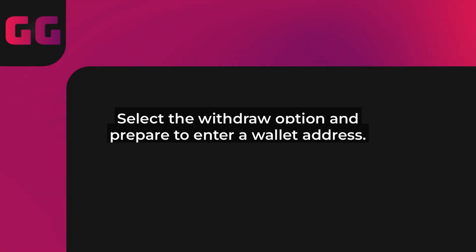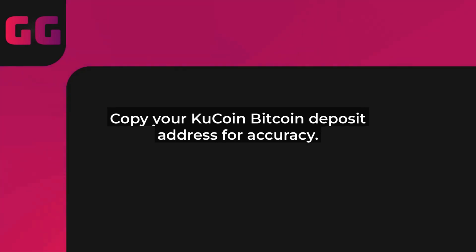Now, switch to your KuCoin app or website. Go to your wallet section, select Bitcoin, and copy the deposit address. It's crucial to double-check this address to avoid any costly mistakes. Crypto transactions are irreversible. Paste that address back into Robinhood's withdrawal form, then enter the amount of Bitcoin you want